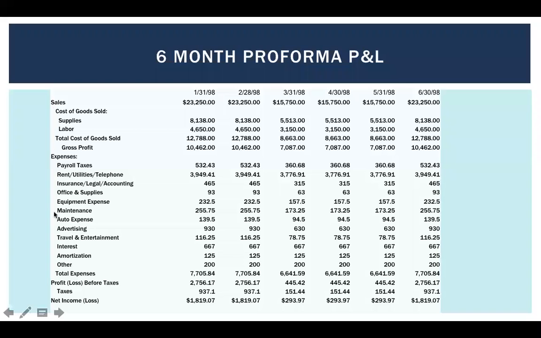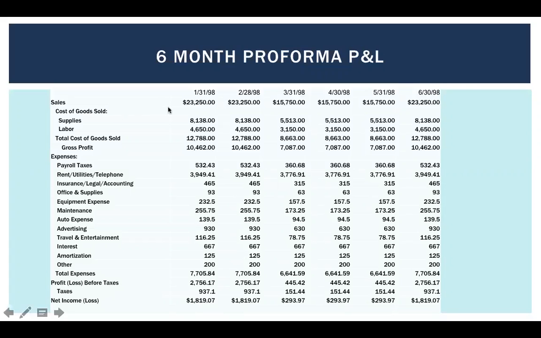And what we're looking at is pretty much the same idea, where we start with sales, we reduce expenses, we have our taxes, and we're left with a net income. And if there was a negative number down here, we'd see that this business was operating at a loss. Looking at this, it shows that this business, because these numbers are all positive, is operating at a profit. Maybe not a large one, but we look here, sales aren't tremendously large. So this is, we don't have in here, we've got payroll taxes. I don't see salary in here. So this would be basically the net income to the owner, for example, or the owners.